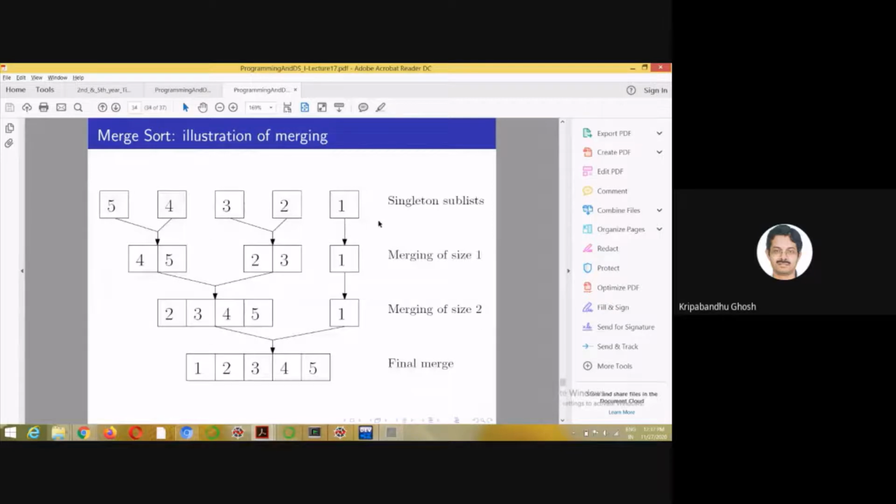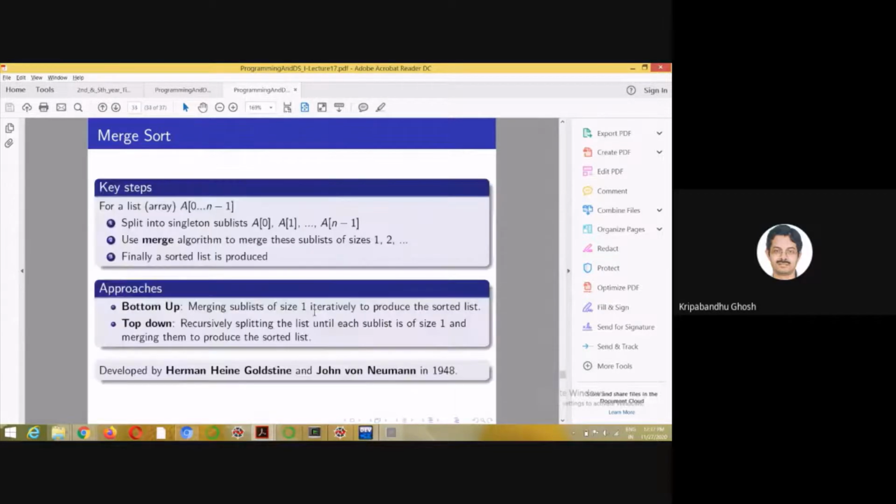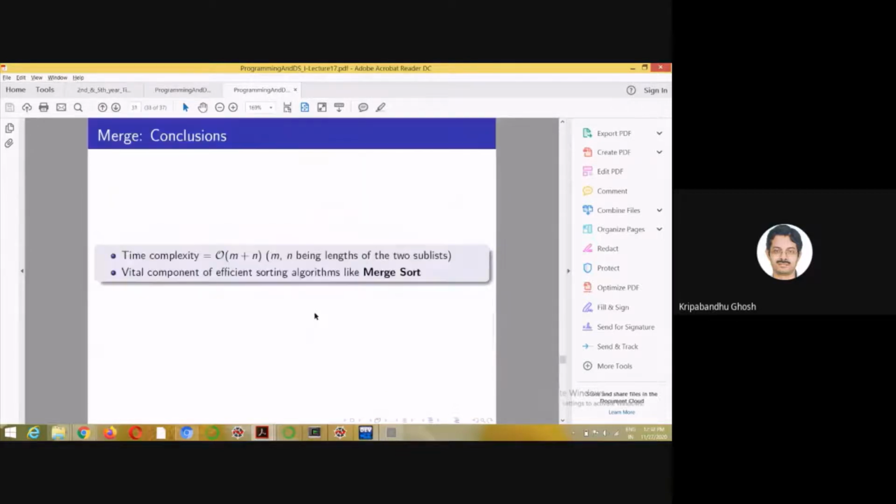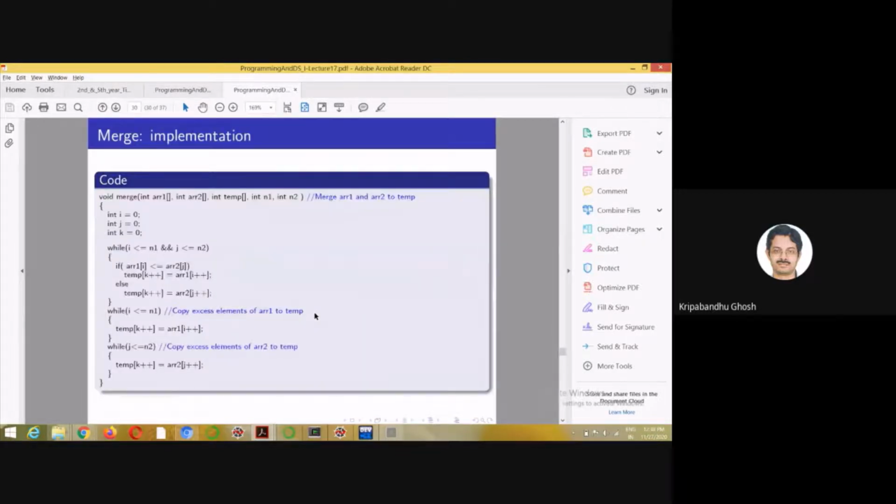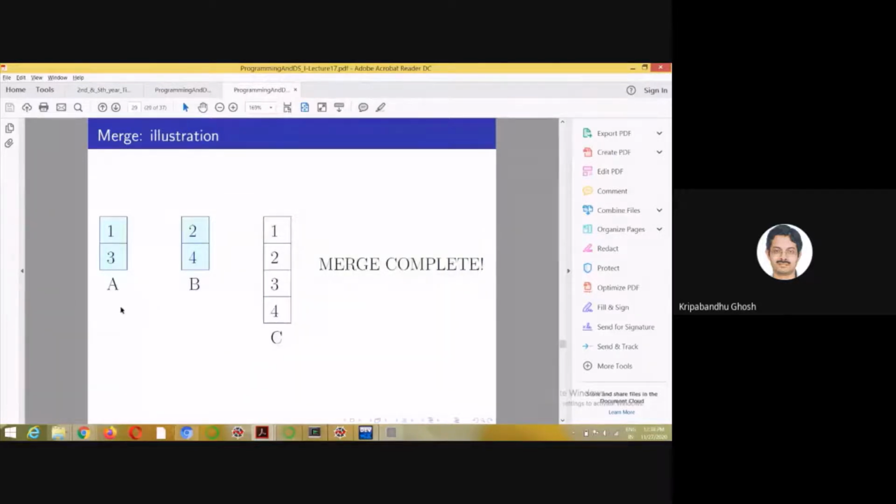And at each step you do only merges, right? In a merge you don't do more than m plus n operations. So m and n, or you can also say n1 and n2, where n1 and n2 are the lengths of a and b respectively.